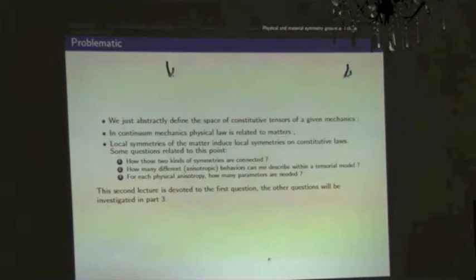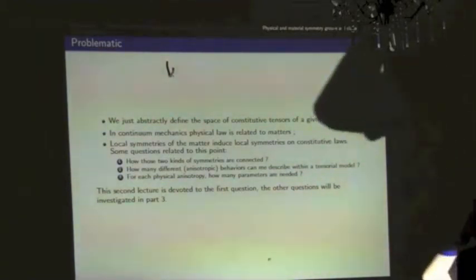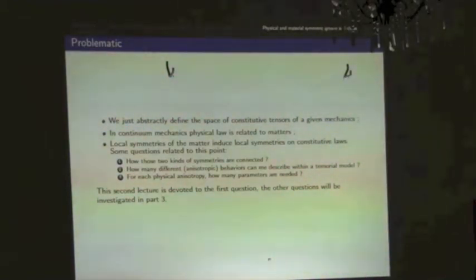This is important because when we make a model, we try to reproduce, to identify certain effects. So knowing from the beginning what can or cannot be produced by our model is interesting information. It will be developed more in the last part, but those questions are,